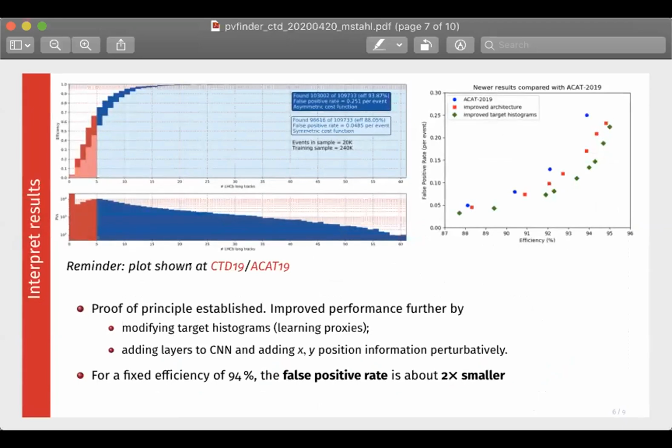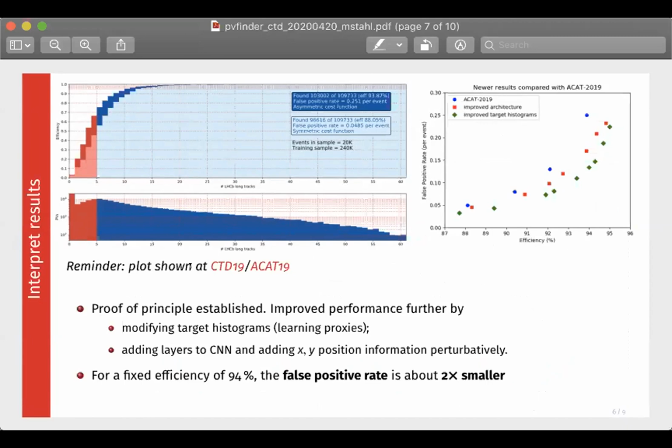A result is shown here. As a function of the number of tracks in LHCb, we can reach very good efficiencies, and this is very close to what Florian has shown before for the baseline tracking. So the proof of principle was already established last year, and the improvements